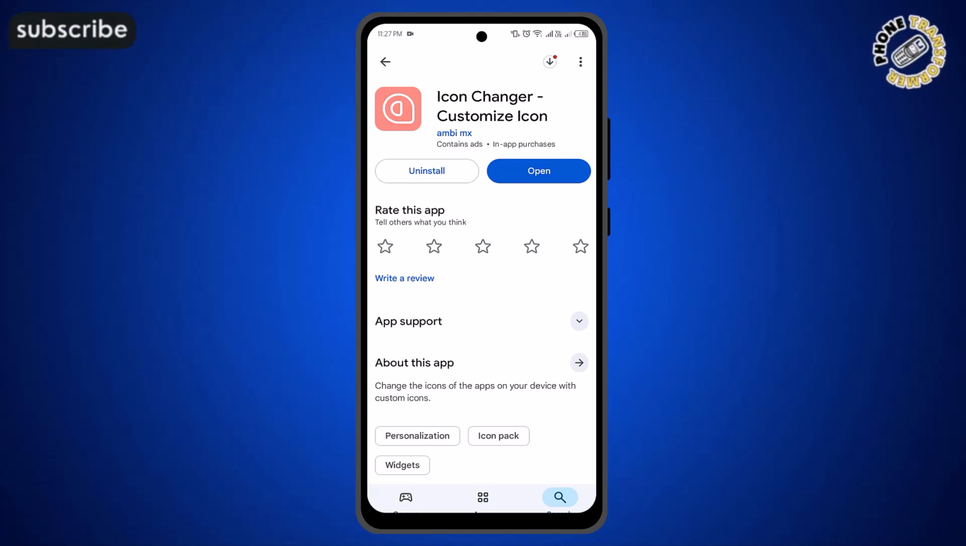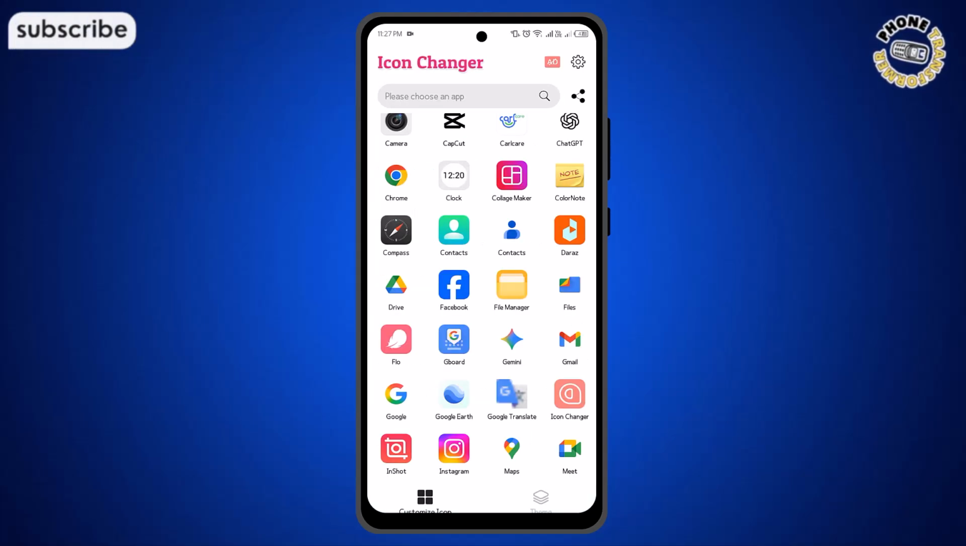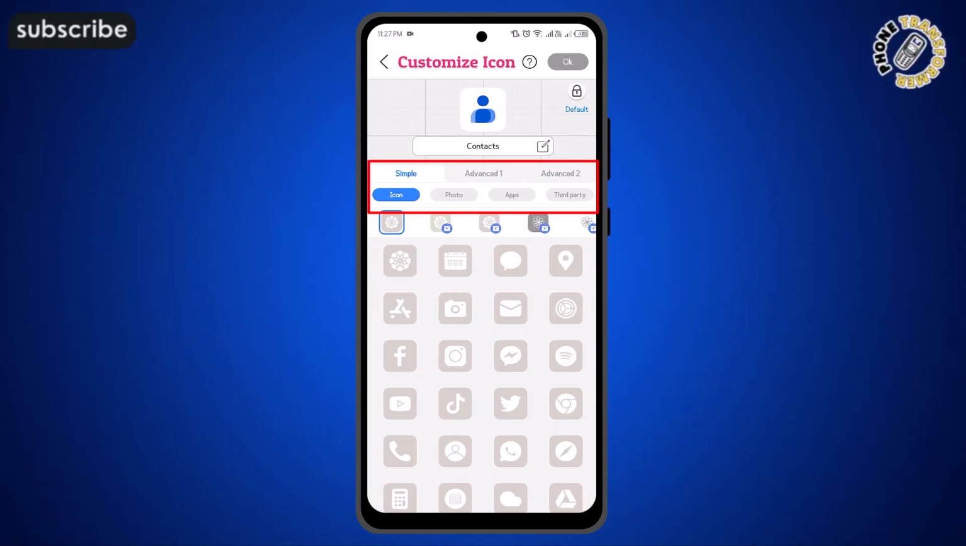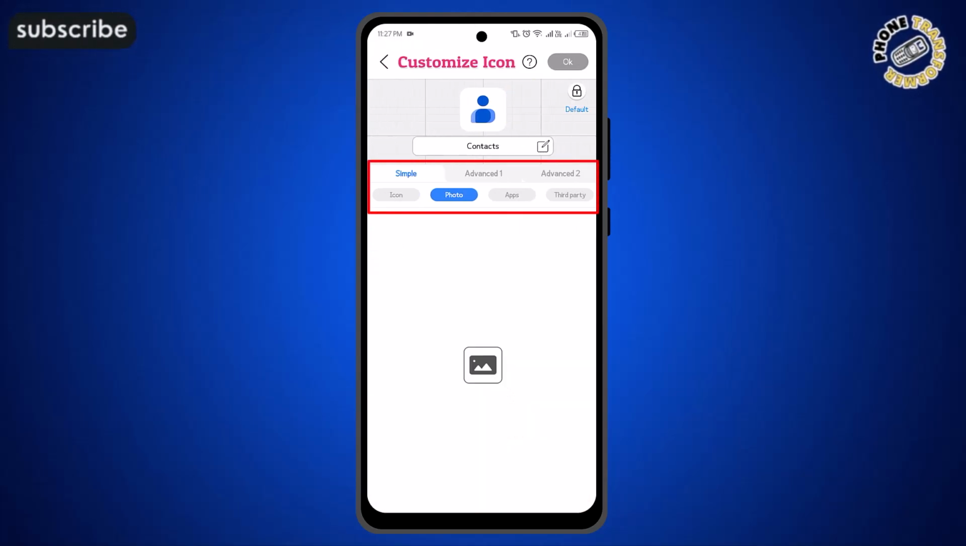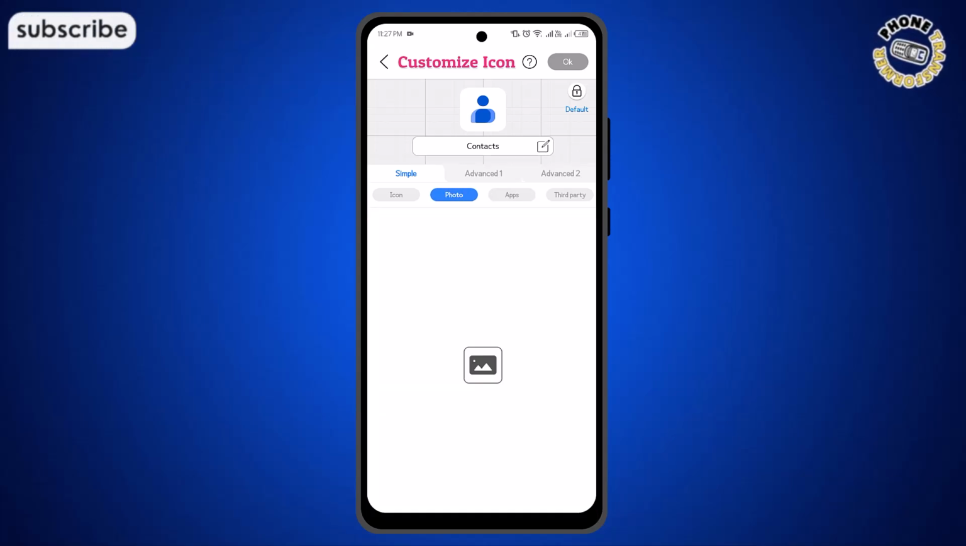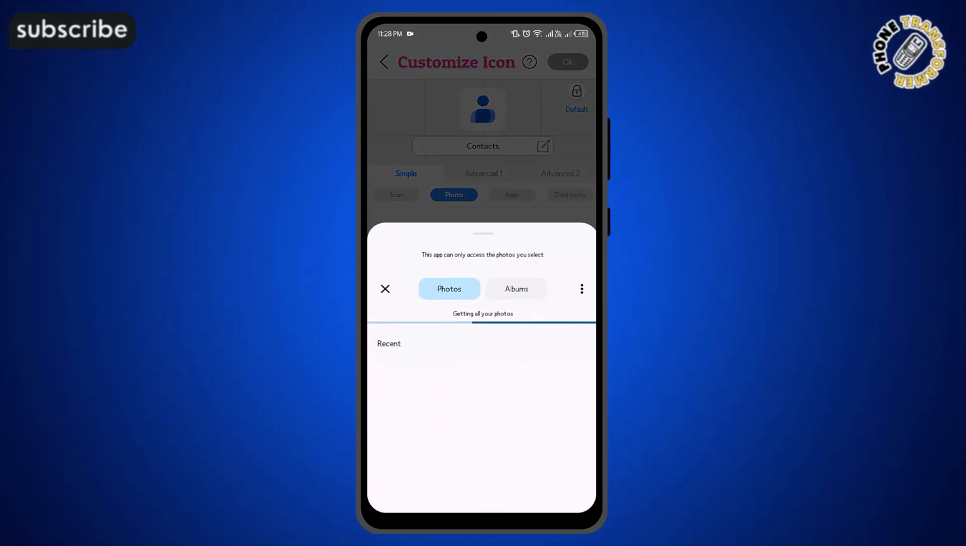creative designs. Step 3. Open the newly installed app and select the specific application you want to customize from the displayed list. This step tells the software which program needs a makeover, allowing you to target social media, tools, or games individually. Step 4. Browse through the different sections and select an icon from the Simple, Photo, Apps, or third-party tabs. These categories give you the freedom to choose from pre-made designs or even use your own personal photos for